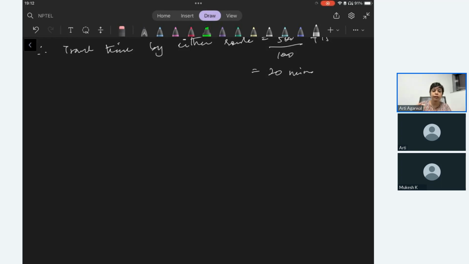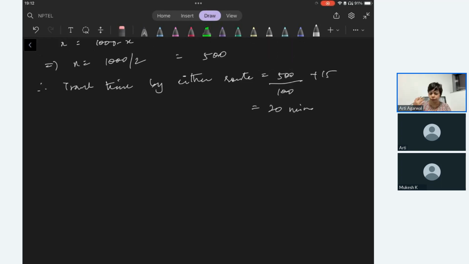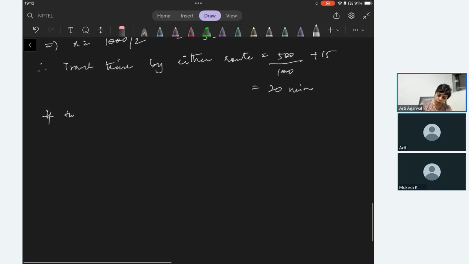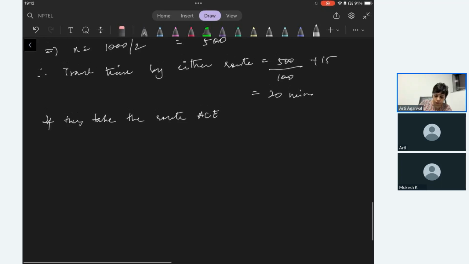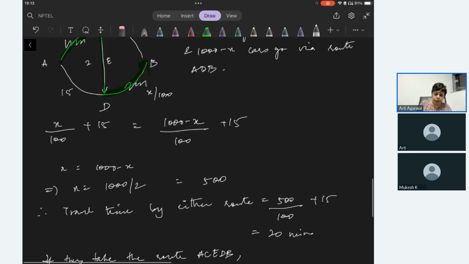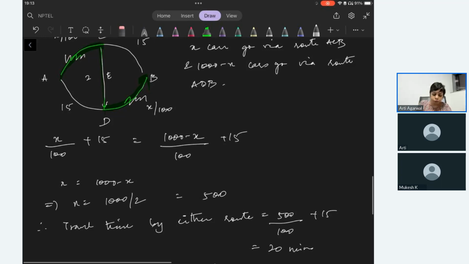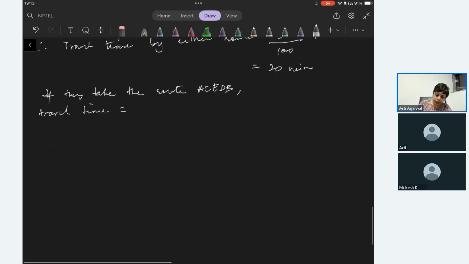Now let us see whether this can be an attainable equilibrium. If they take the route ACEDB, the travel time, presuming now that all cars are going via this route because the other routes don't look that viable to them, looks more, right? Like I said, 2 minutes across the expressway. So everybody goes there, and travel time is x by 100